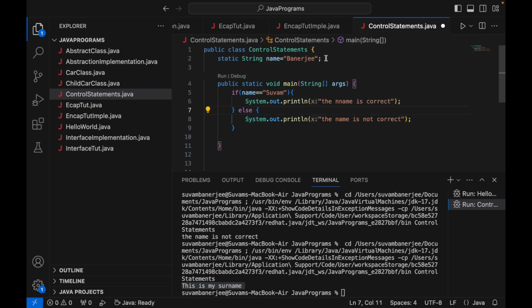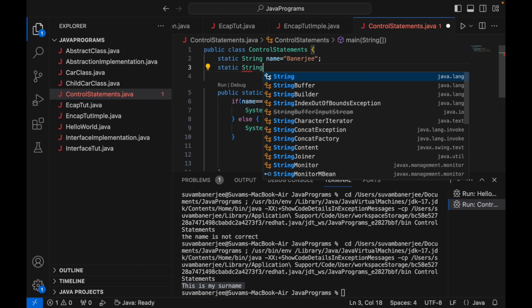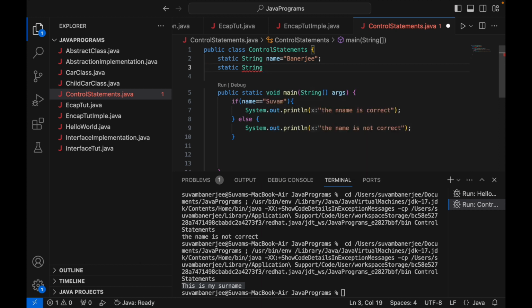Okay, 4 lines. So instead of that, we can do it like this. Suppose there is a variable, static String result, okay, and the result equal to